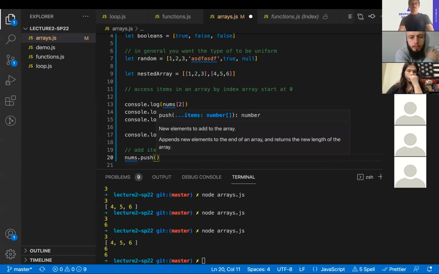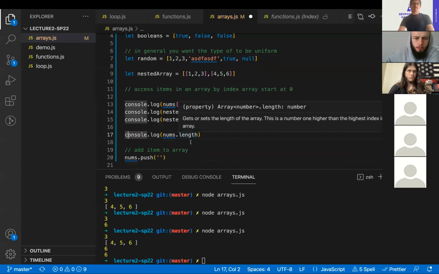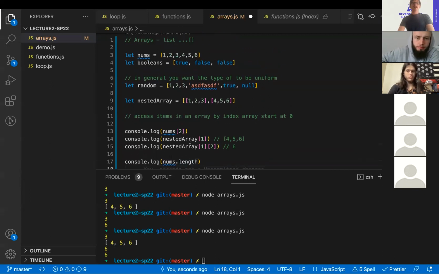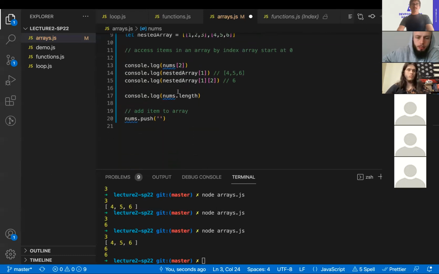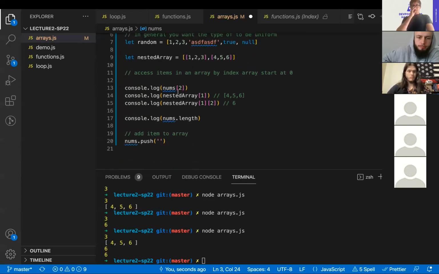Can you explain the nums length one more time? Because how would it be 6 if you start with 0? The length is just however many things I have in my array. Oh, but to actually access the array, you would have to start with the 0. Yeah, so